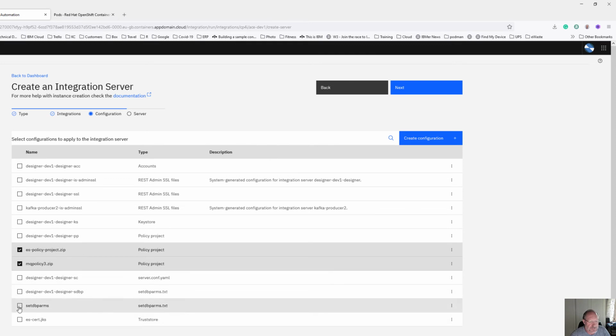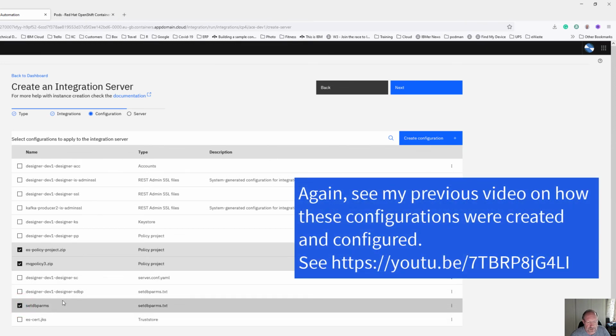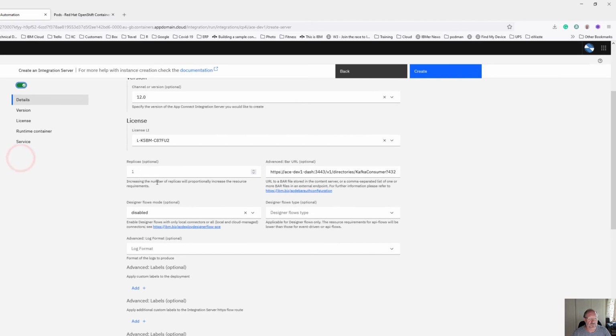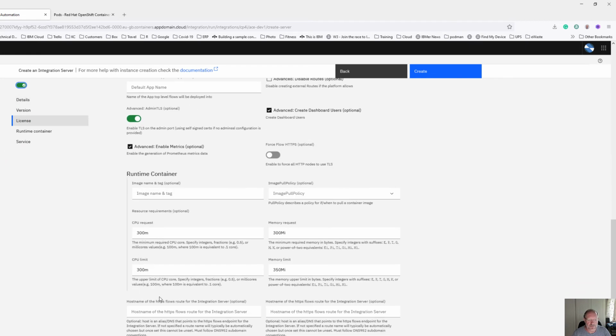I also need my setDB params with the configuration details in, and my certificate for my event streams. Next, I'm going to call this Kafka consumer. As before, I will go to my details, give it slightly bigger processor to run on, one and a bit more memory, and I'm going to